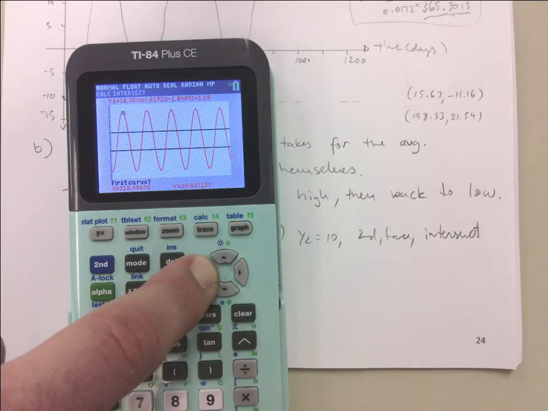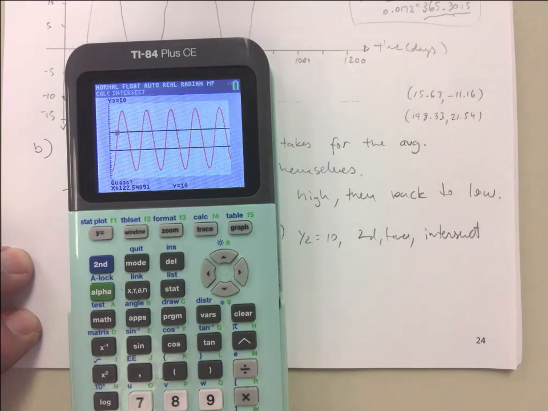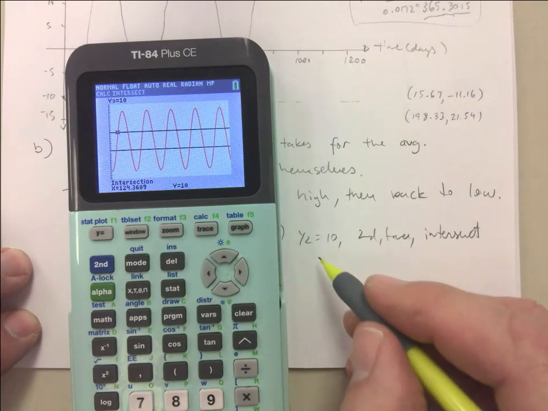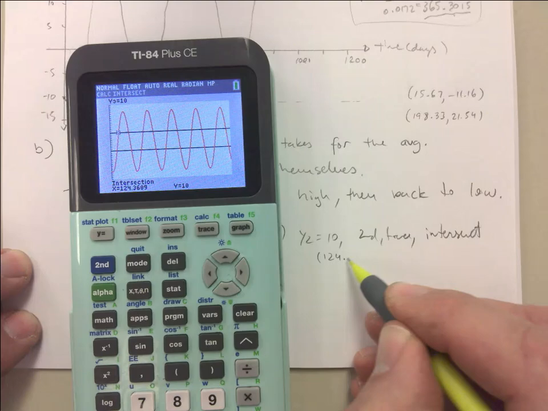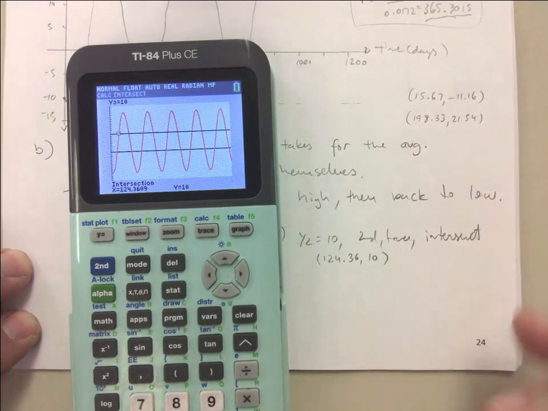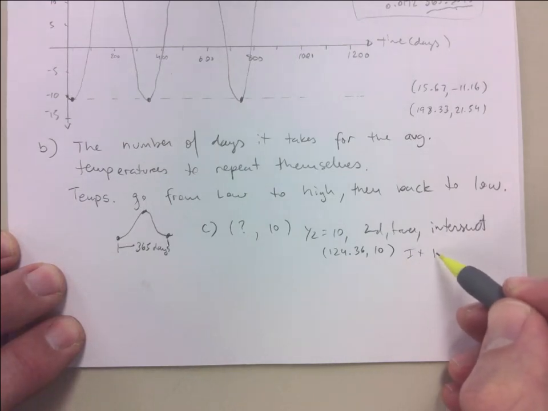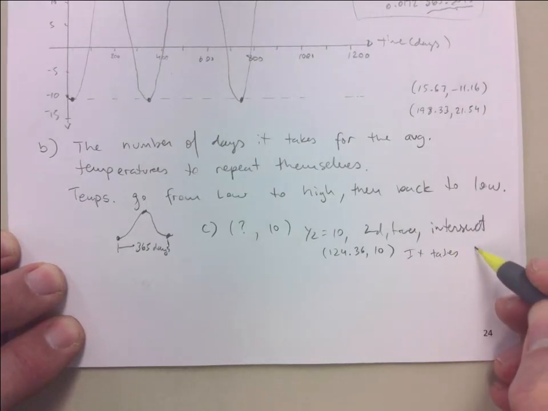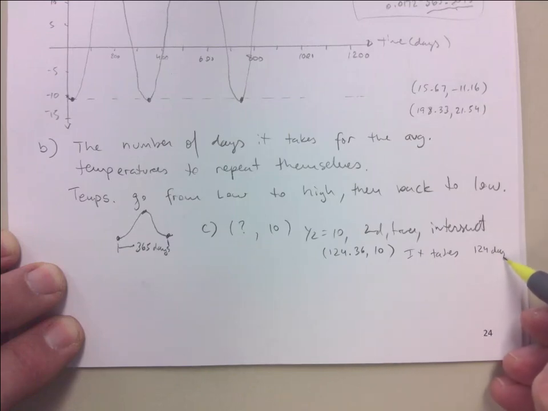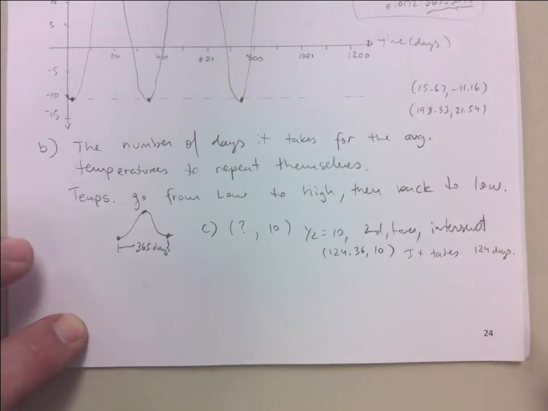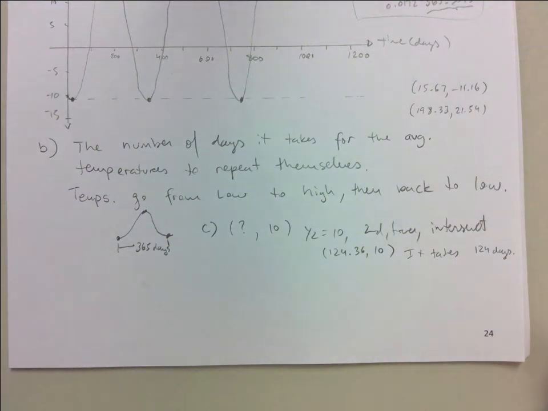So we go all the way to that first instance, hit enter 3 times, and you get 124.3610. It takes 124 days, more or less. But I actually asked you exactly which day. That's kind of annoying. How would you know that? Okay. But if you had a calendar on hand,